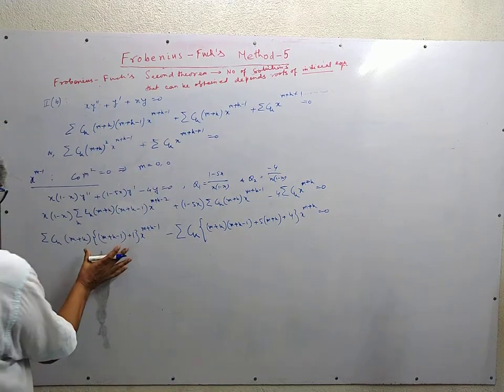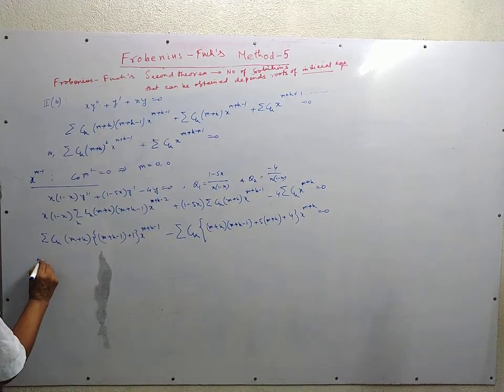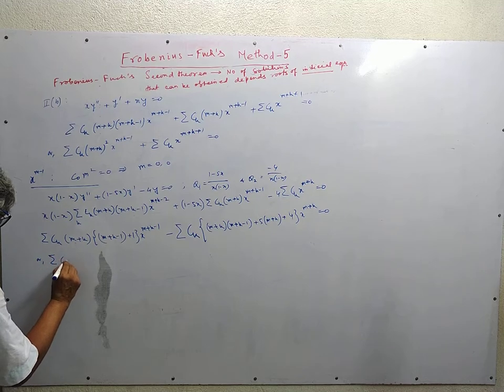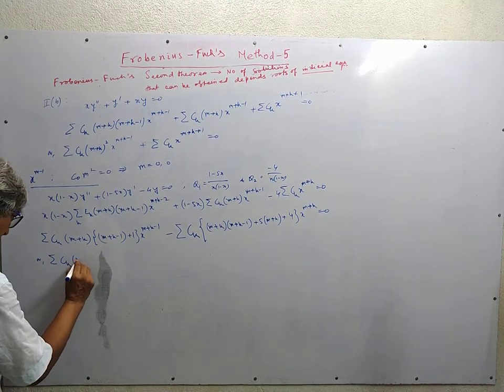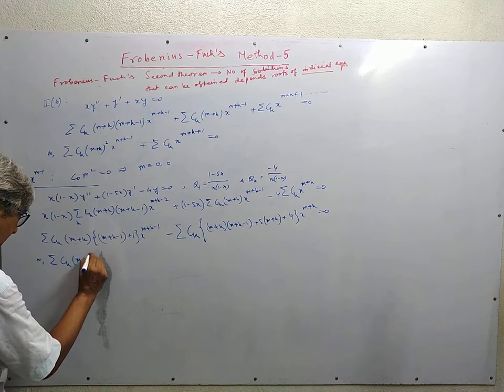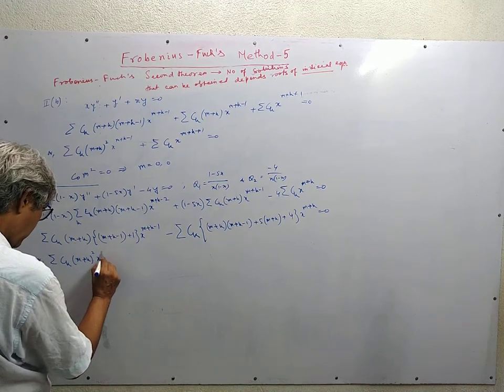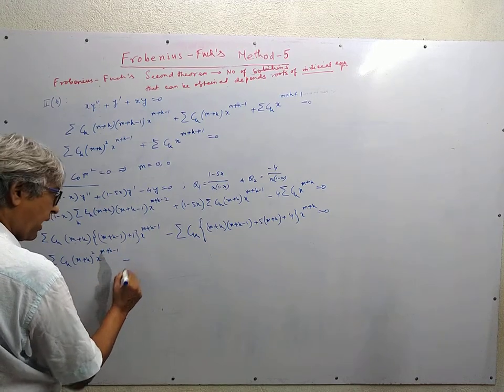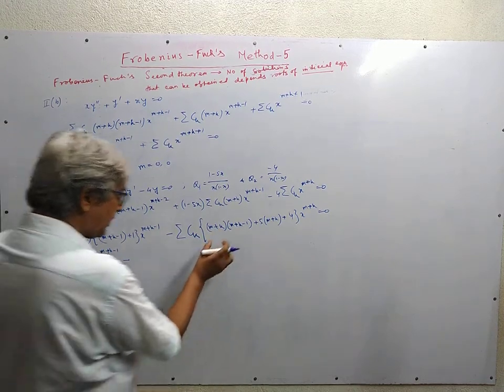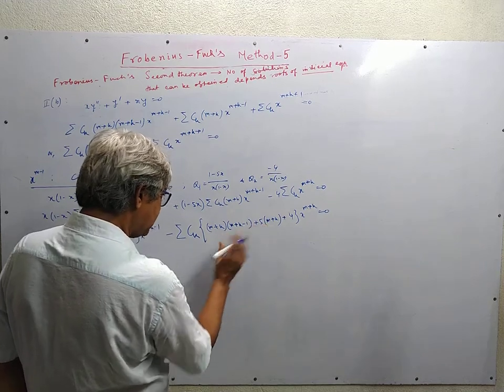Let me simplify this term. This is m plus k whole square minus this term. If we collect this term, this is